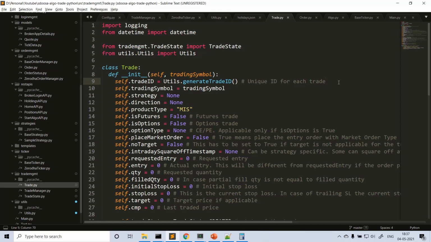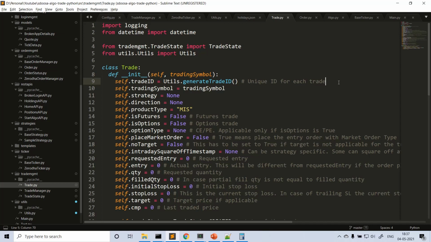The order can be filled fully or partially, or it cannot be filled at all, because that price may not be reached within your time limits. If the order is filled partially or completely, you place a stop loss order and then a target order if applicable, and you keep tracking the trade.